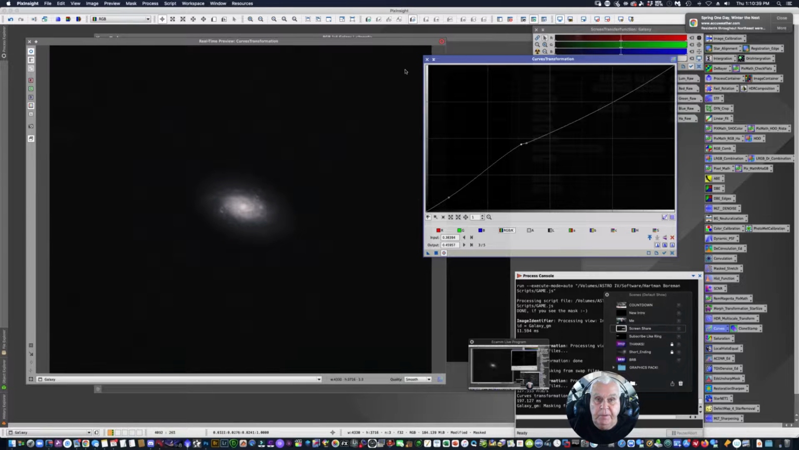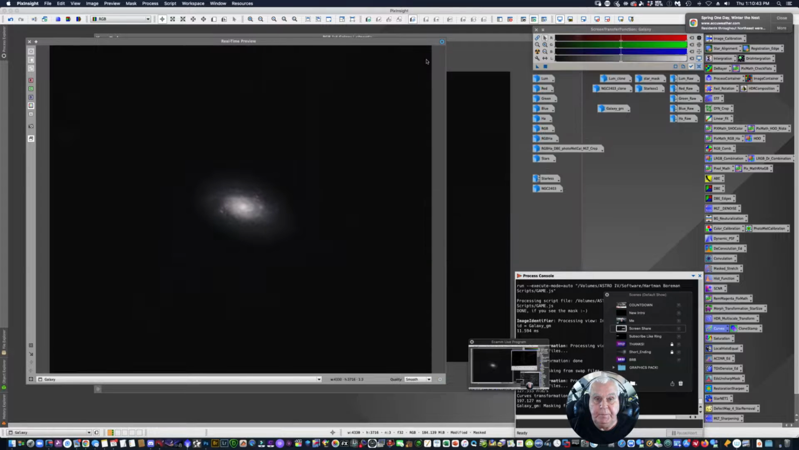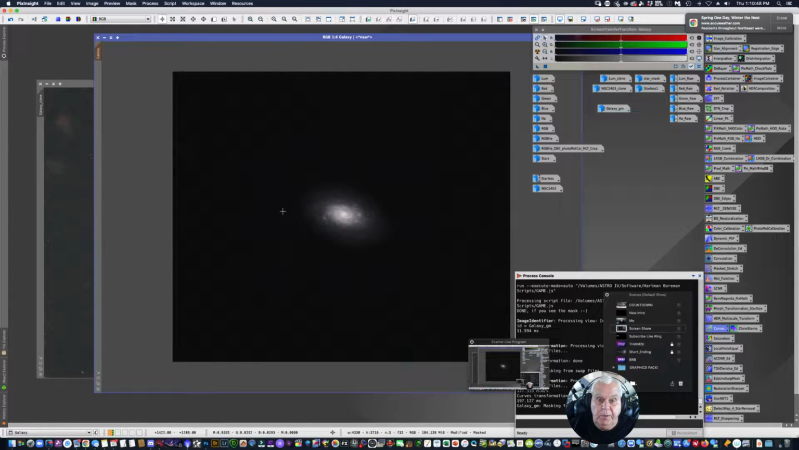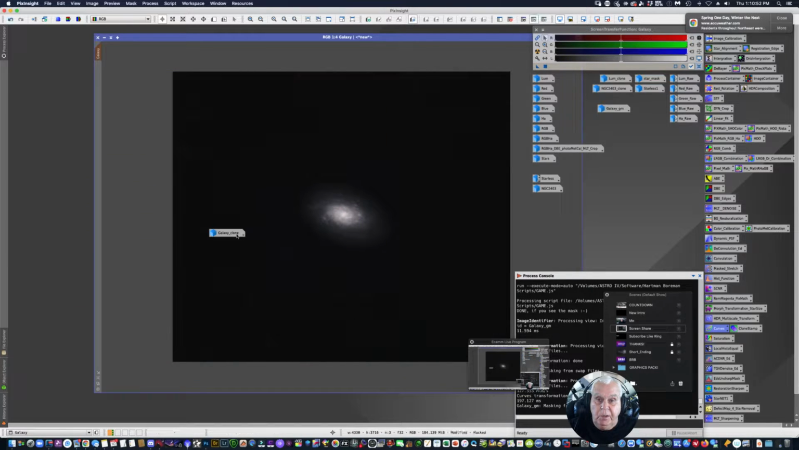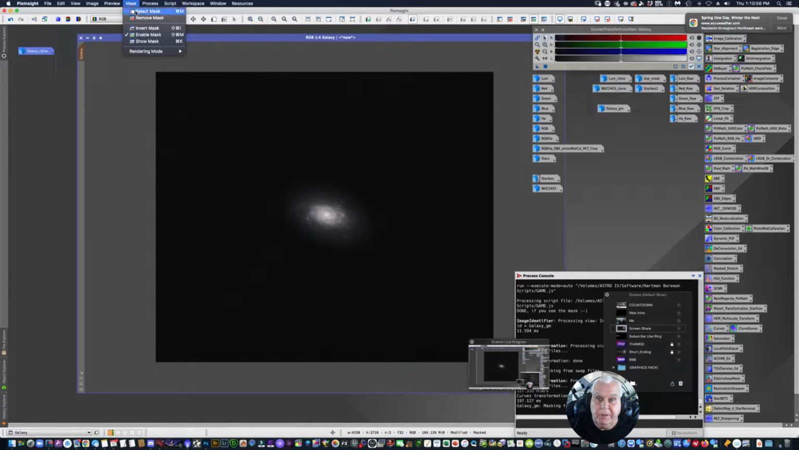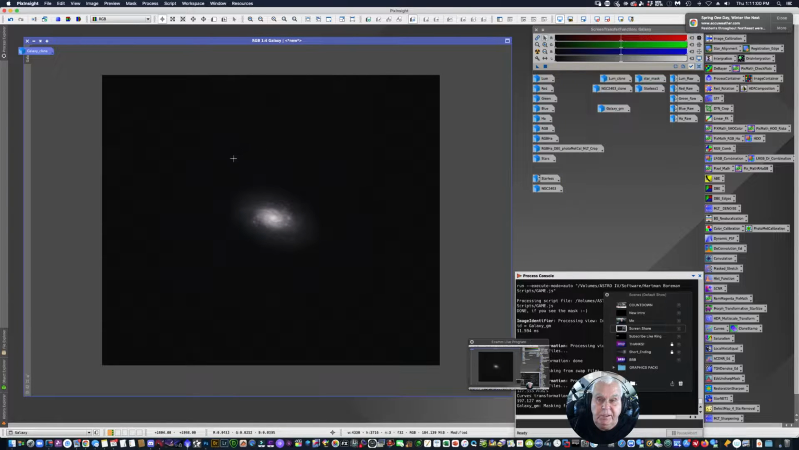I have my background prepared for my stars, and I can close out this real-time preview because I have applied it. I'm going to put my clone up here and I'm going to remove the mask. So now there's my galaxy without the stars. Here are my stars,